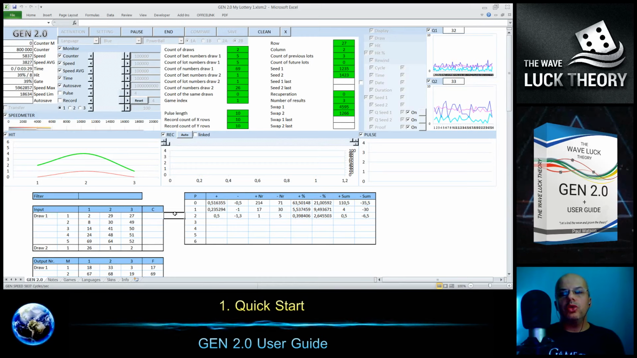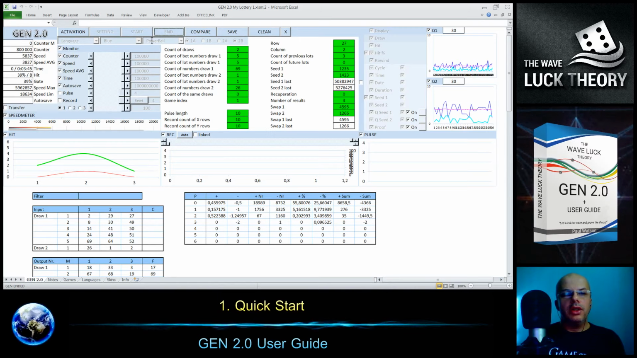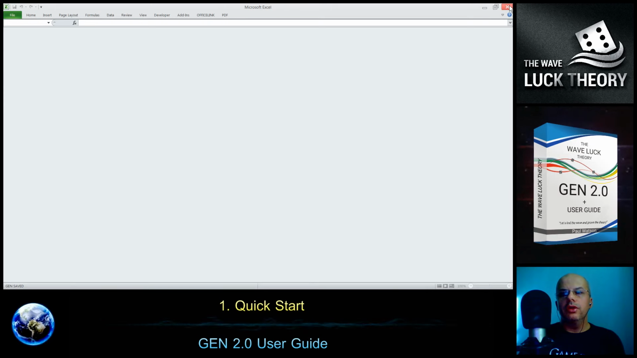All run is automatic. If you need to work on your computer, you can pause the generation and you can continue it later. If you need to close it and start it later, please click end and click here transfer, it's very important, and click save. You see there is a date and time when it was saved. After that you can close it without hesitation